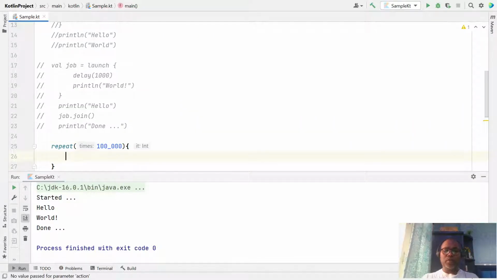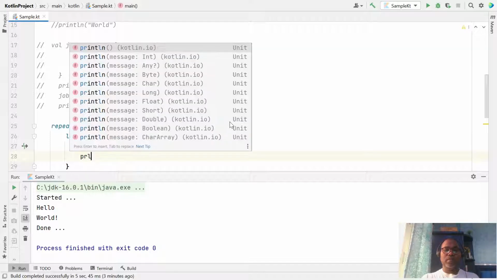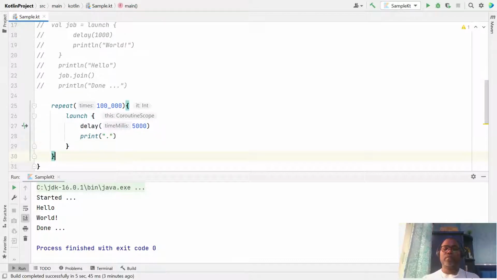In this repeat block you have a launch, and in this launch, let's say delay, I want a delay of 5 seconds, and I want to print any message like that. So here 100,000 times you are creating a launch.